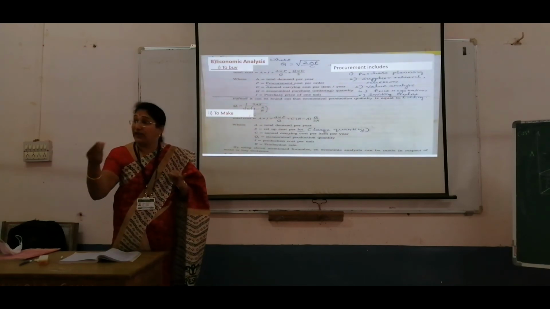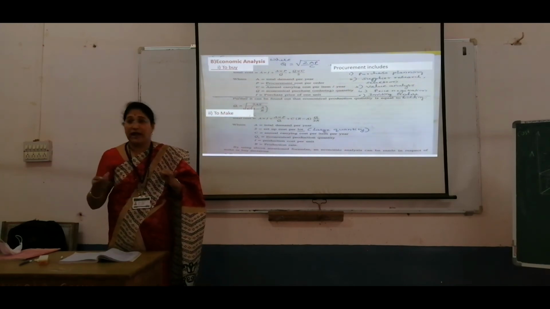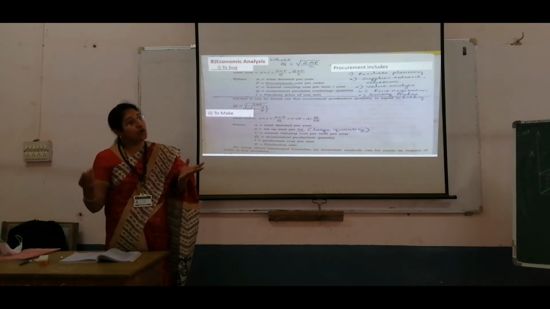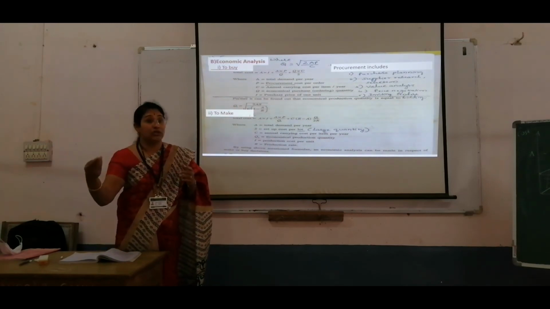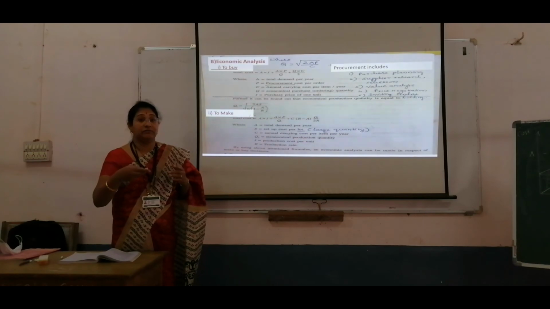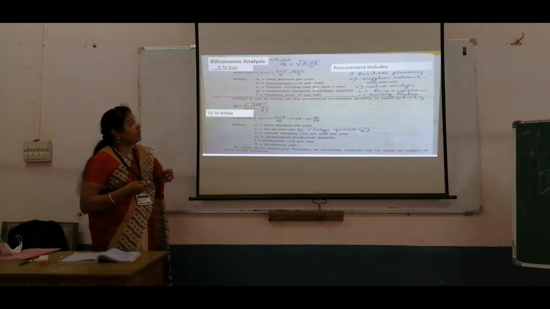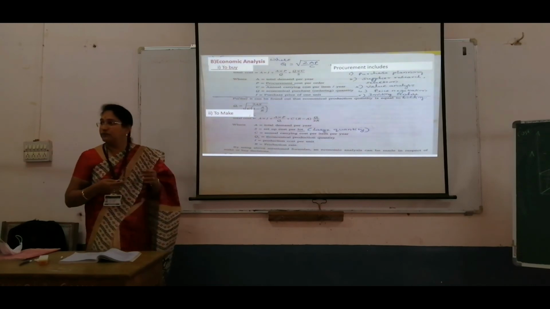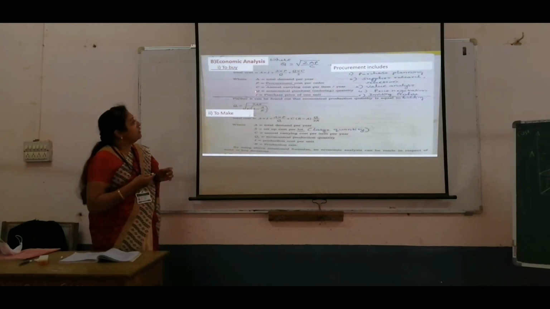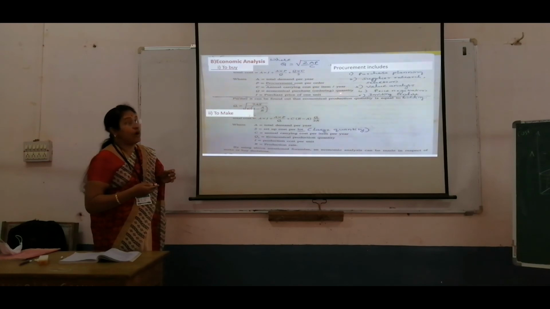Tax, you are going to pay the tax when you are purchasing any items. So tax is an extra cost. All these extra costs to maintain that item for the whole year are called annual carrying cost per item. Clear? Next, Q is economical purchase quantity.